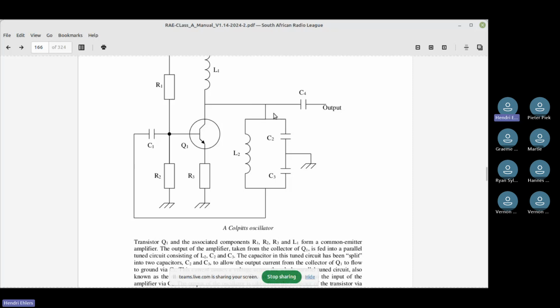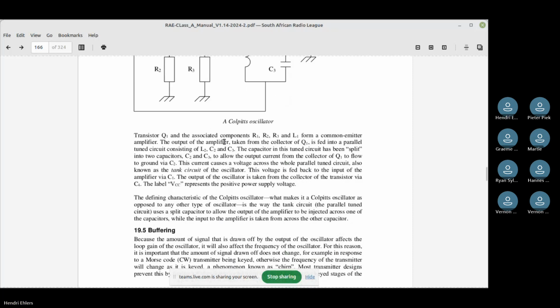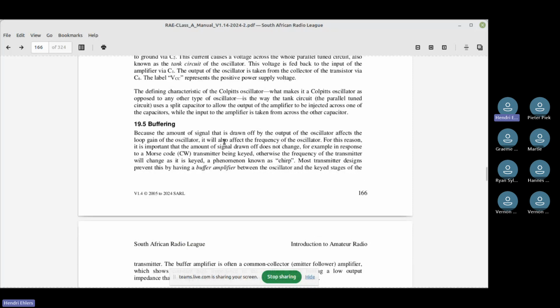In other words, it might change the character of this circuit, which will change the frequency. So what you'll do then is put what they call a buffer amplifier in.